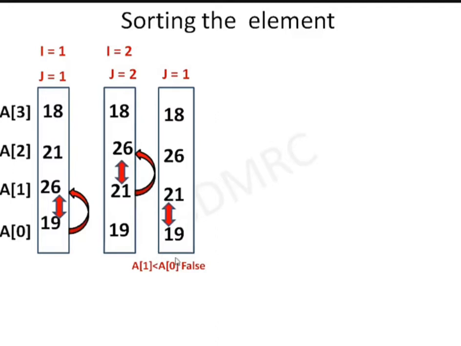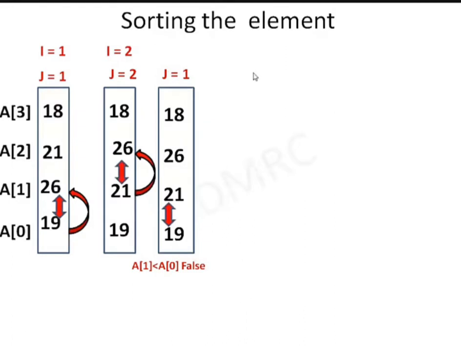The if condition directly goes to the end of if, and later I will change the value j is equal to j minus 1. I will not decrement the value j is equal to j minus 1 inside the if condition. I will do it outside. If you do it inside, it will remain the same because you are not getting inside the if, and you are not changing it. If you do not decrement the value of j, it will go into an infinite loop. That's why after the if I will decrement the value of j, right? So when it is decremented, j becomes 0. I cannot go further with comparison.